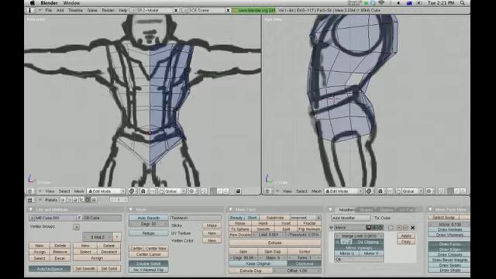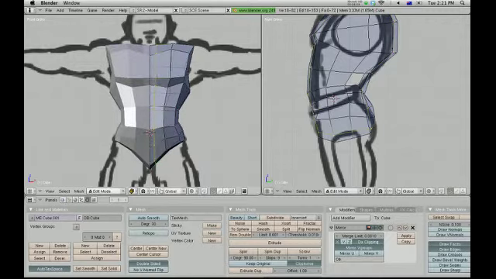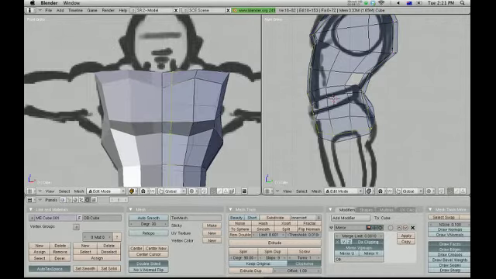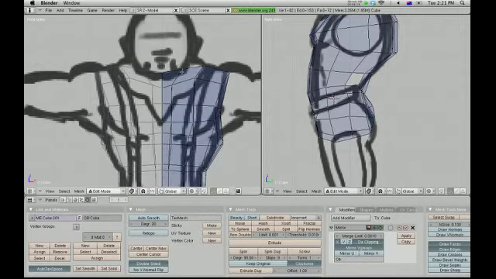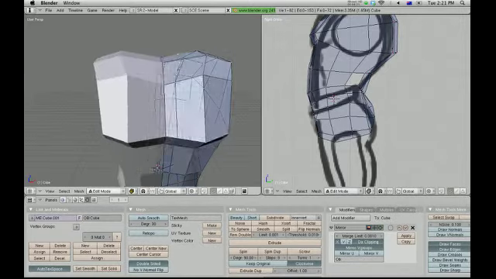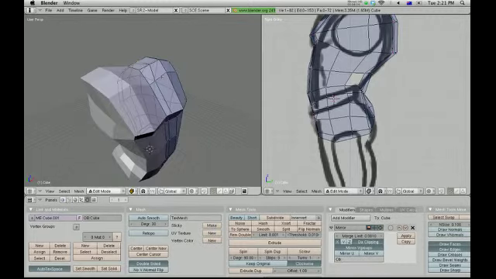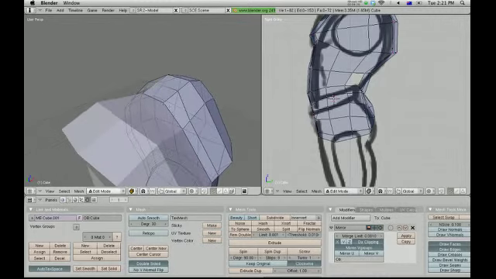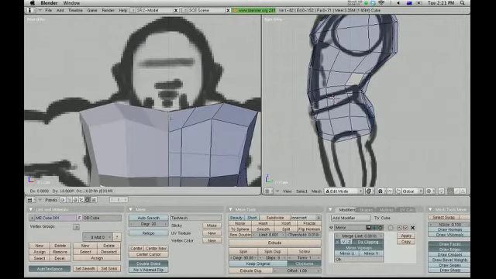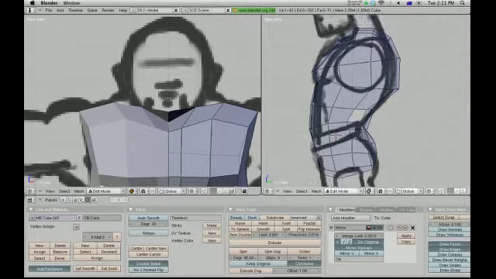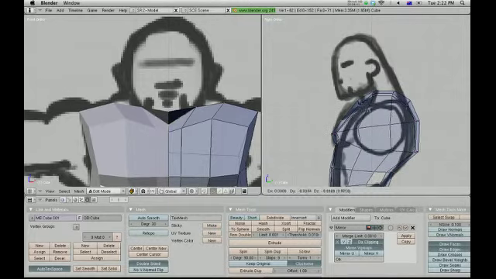Now I think I'm going to have to put one more loop down the front here. I think this is going to help a great deal. For starters, it's going to allow us to form out the neck a little bit. Now he's obviously got a fairly thick neck, and to make this a lot more straightforward, to show where the neck is going to spring from, I'm just going to remove this edge, so we could imagine that the neck would be extruded from here,